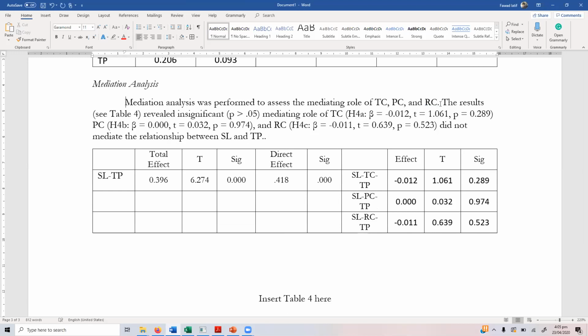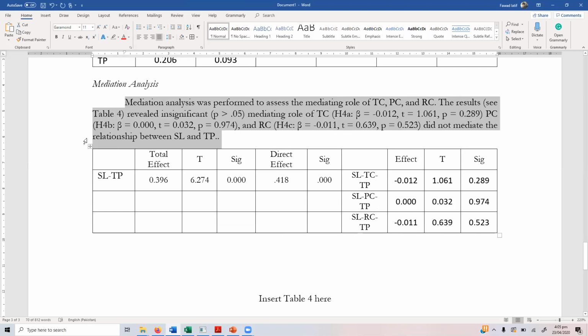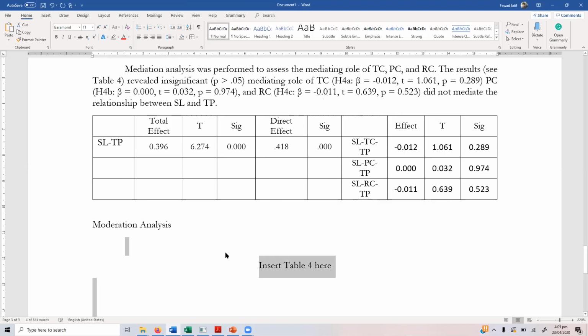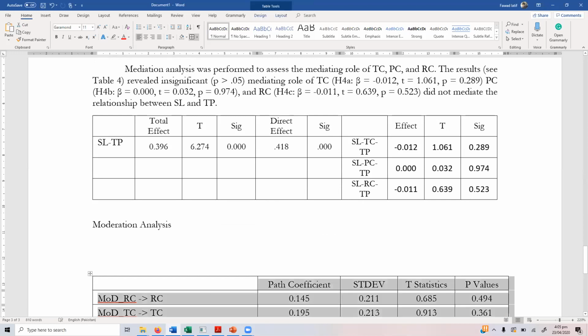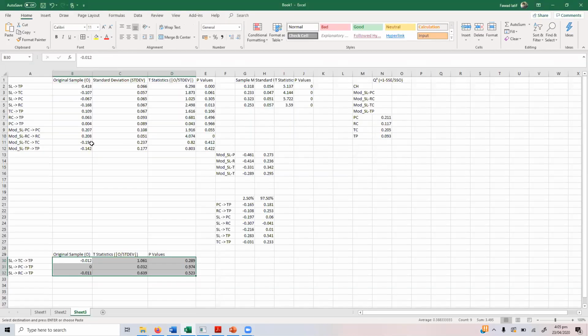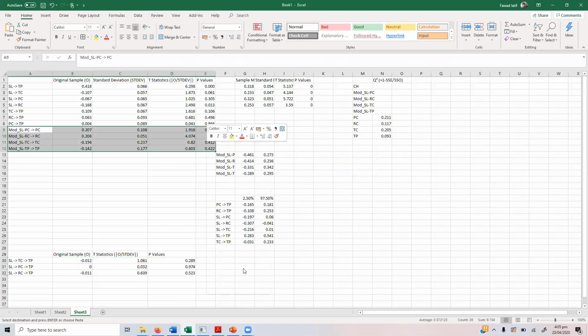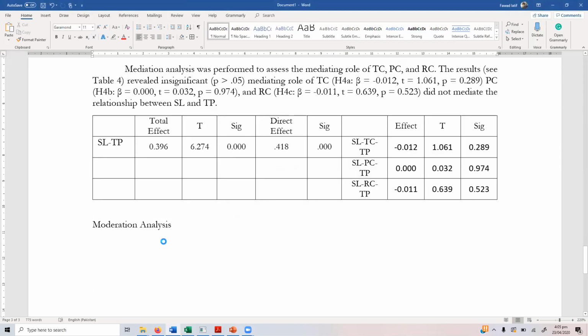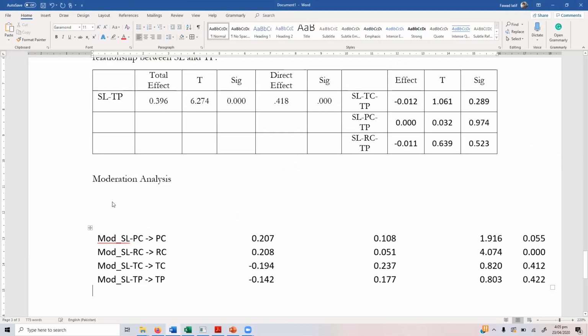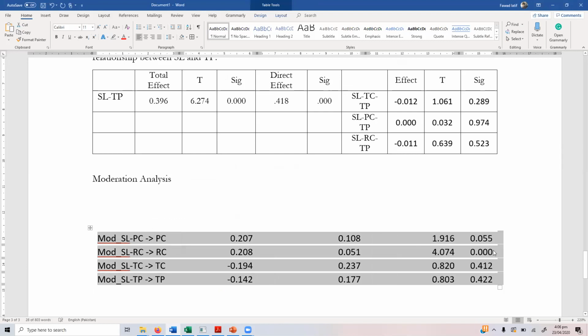Now the next is your moderation results. So how do you report your moderation results? So moderation analysis. Okay, let's copy our moderation analysis results. Let's format them a bit first, because we want the decimal numbers to go up to 3 digits. Okay, yes, good enough. Copy. And then let's paste it here. Okay, if we have a look,